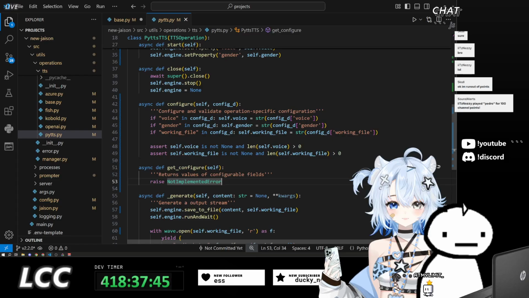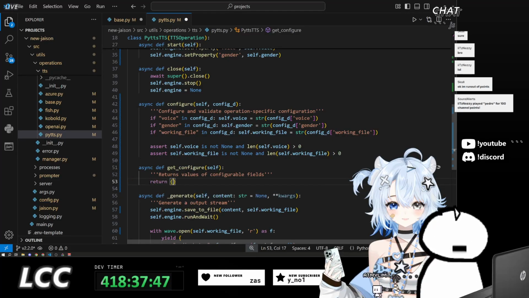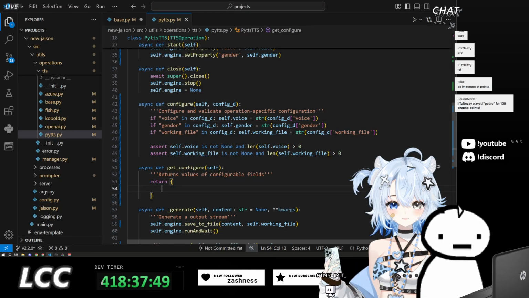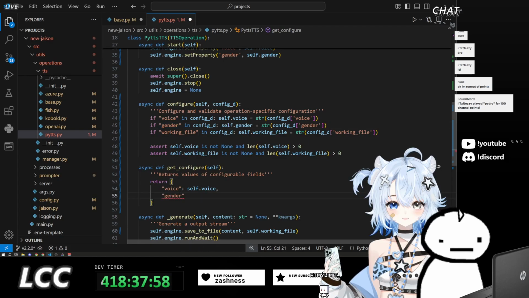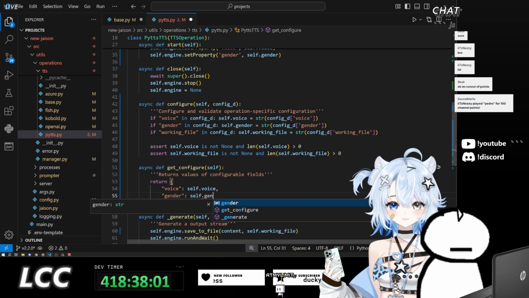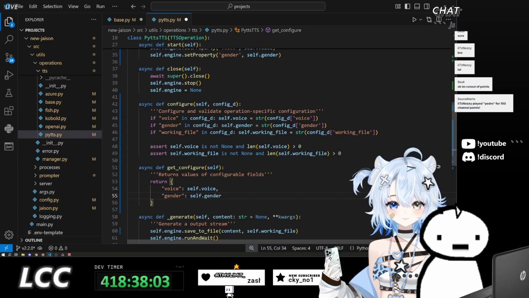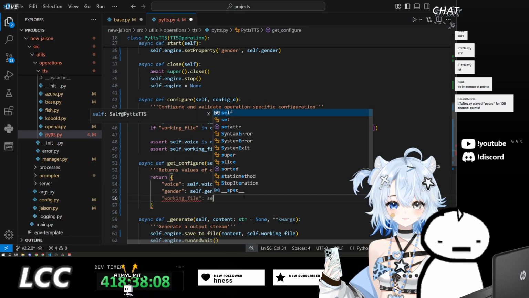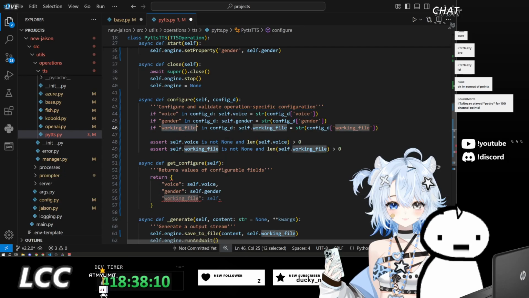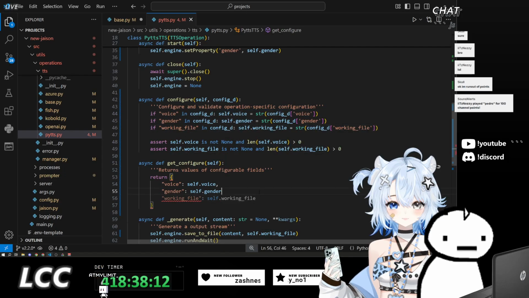Get config will need to return voice as self.voice, gender as self.gender, and working file as self.working_file. I mean, I guess you can use this to also get the fields that you can configure for each of these.